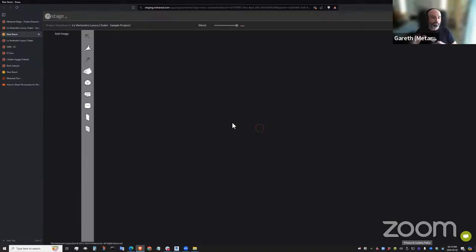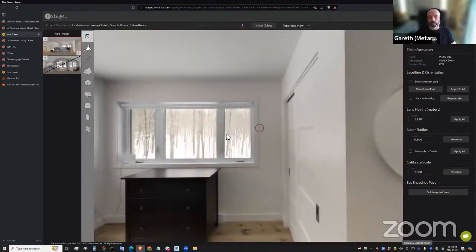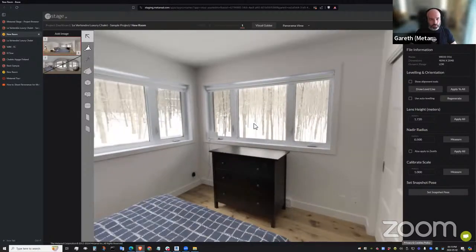Actually, that's another point that's worth mentioning. MetaReal is a very multi-tab friendly platform, so you don't need to keep reloading the same window. You can open lots of windows on different projects, different views of the project, and it handles that very well, and they synchronize with each other quite well.